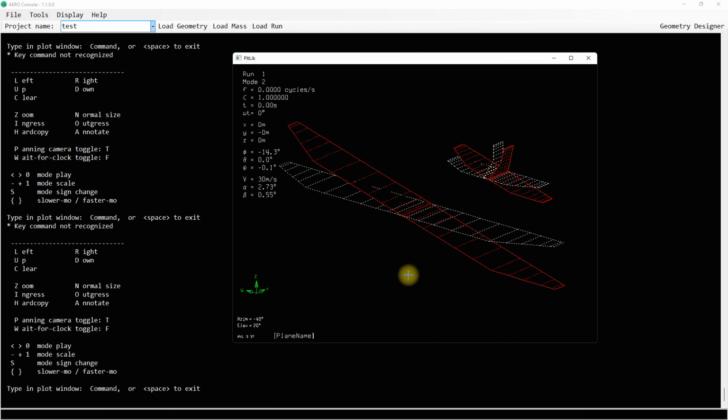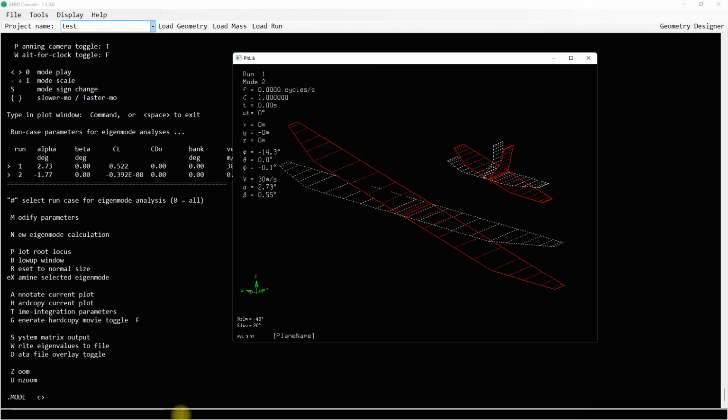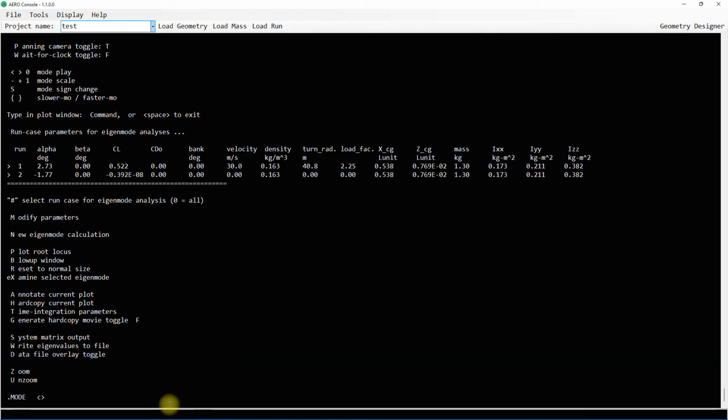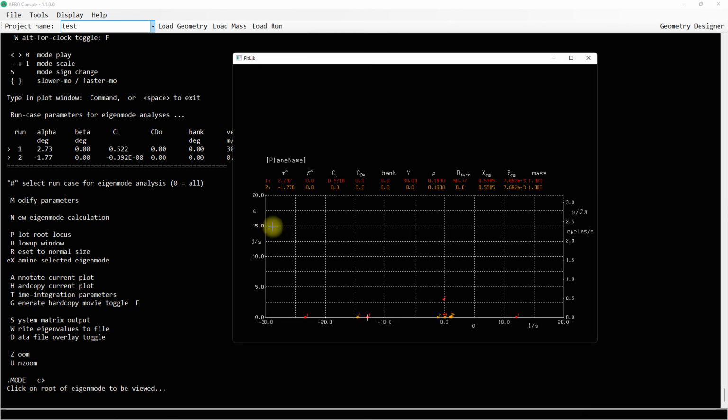And let's see if we can look at another mode, so I'm going to press space to exit, and I'm going to examine another mode. So let's look at, usually you want to look at the modes that are on the left-hand side, so they should be more stable. So I'm going to look at this mode now. Or if we want to look at the further area here, what you can do is you can do a blowout. So if I press B,